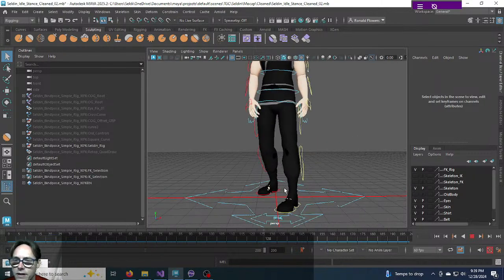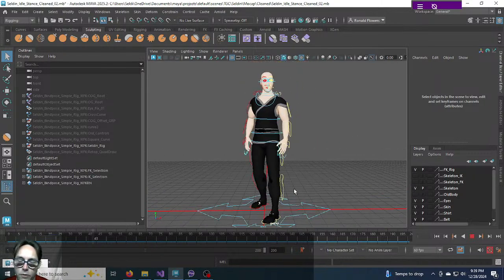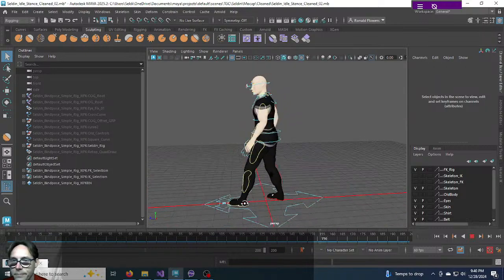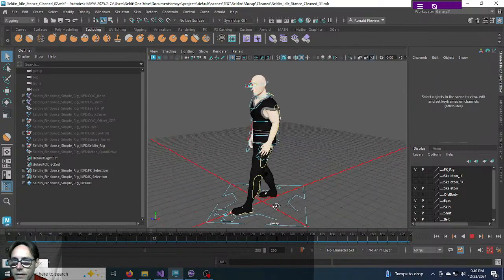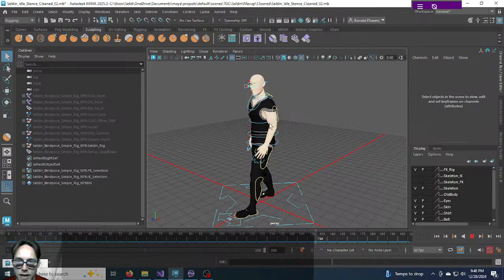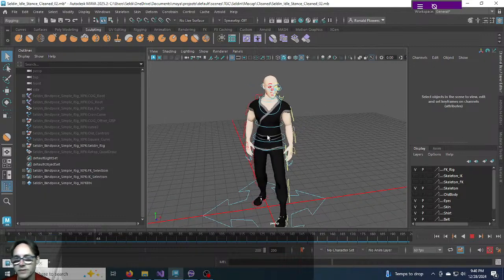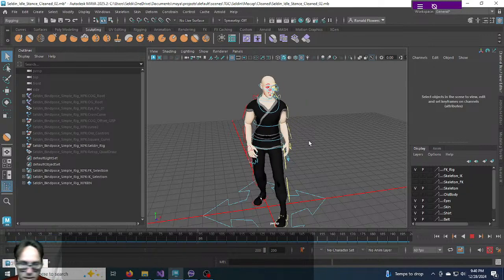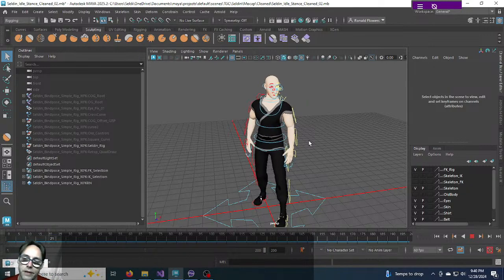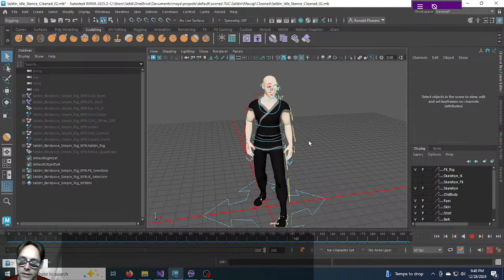I've cleaned most of this up. Of course, I can do an idle by hand, but I like the motion capture because I can get a little bit more personality in there. The downside is our motion capture system is not the best system. It's better than the online nonsense, but the